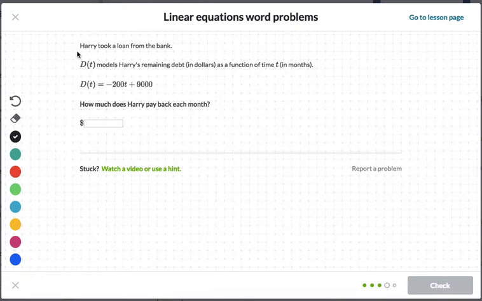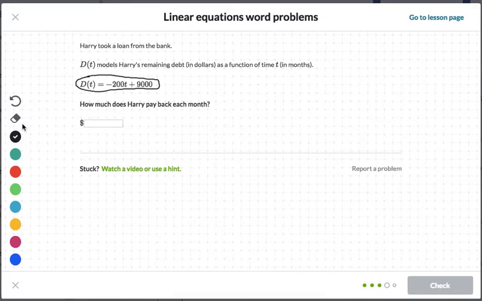So in this case here, Harry took a loan from the bank. D of t, the function d operated on t, models Harry's remaining debt in dollars as a function of time. So the function is based on time, and the remaining debt is dependent on how much time passes. So here's your function right here. Our d of t is equal to negative 200t plus